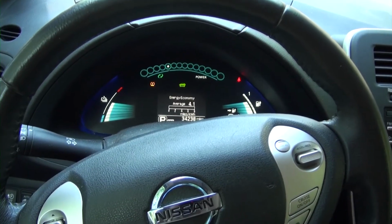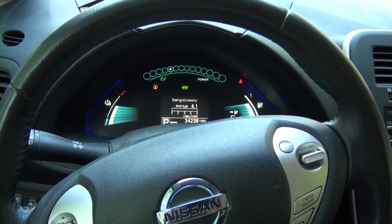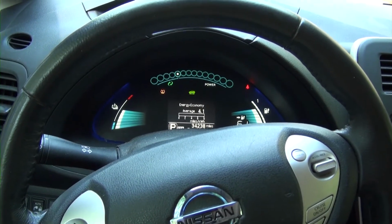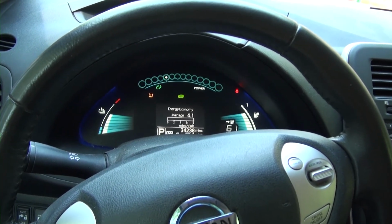Now, Monroe's one of the higher prices. If you go to Georgia Power, it's cheaper, but even at Monroe's rates, it's 12.5 cents a kilowatt hour. So divide the 4.1 into 12.5, and you see it costs just a pinch over 3 cents a mile